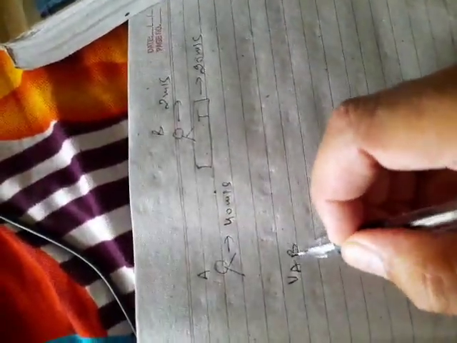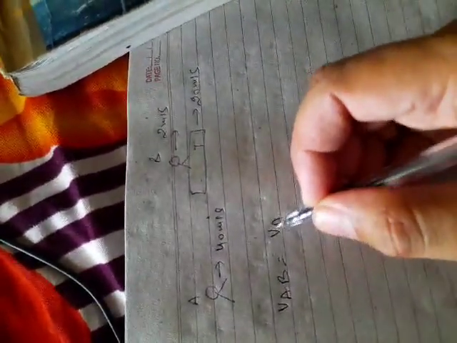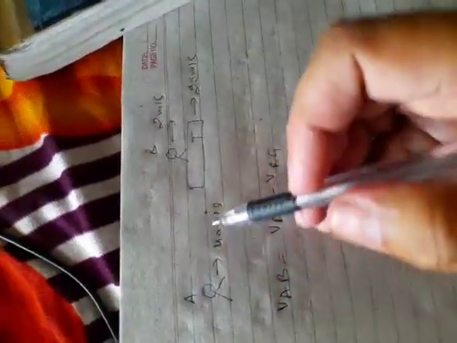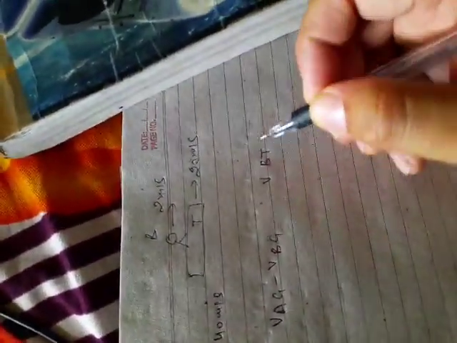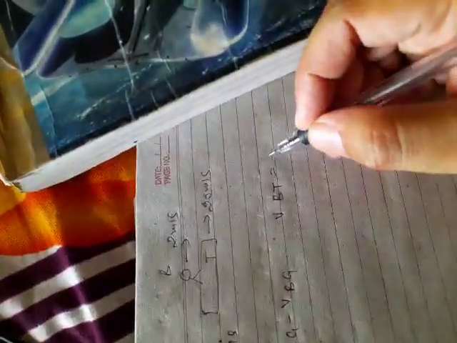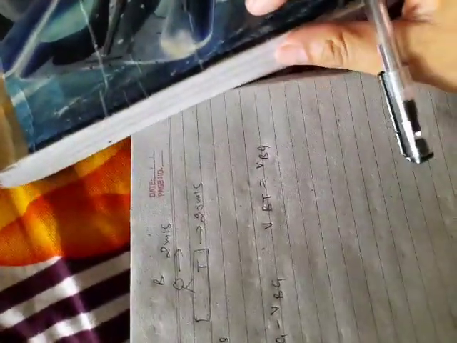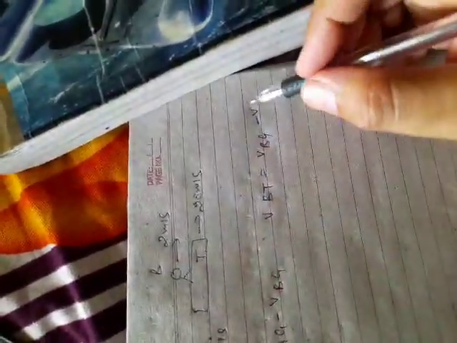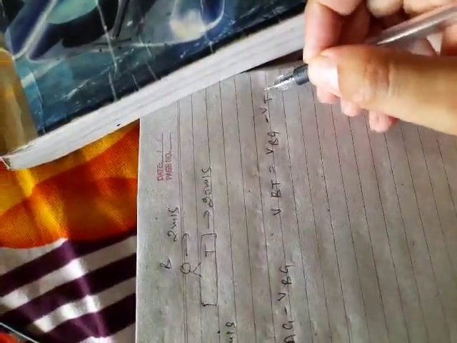So simply compare the velocity of A with respect to B. So simply what will you do? Velocity of A with respect to ground minus velocity of B with respect to ground, we have to find out. But we know the velocity of A with respect to ground, we don't know velocity of B with respect to ground. We know velocity of B with respect to trolley, how much? 2 meter per second. The velocity of boy with respect to ground minus velocity of this train with respect to ground.